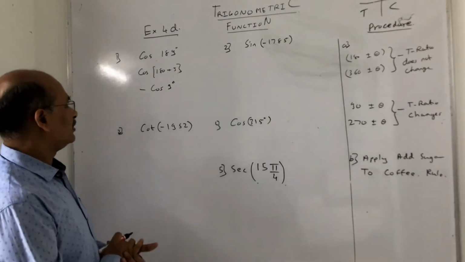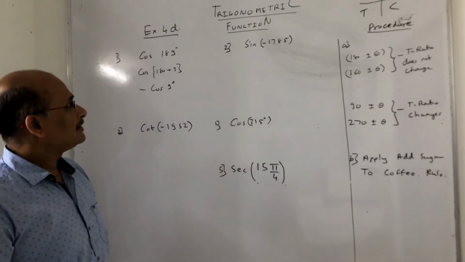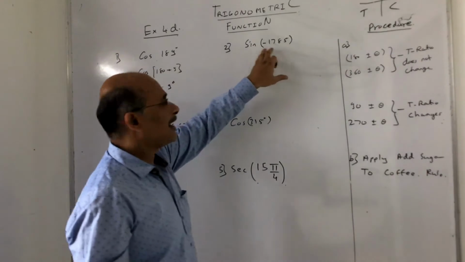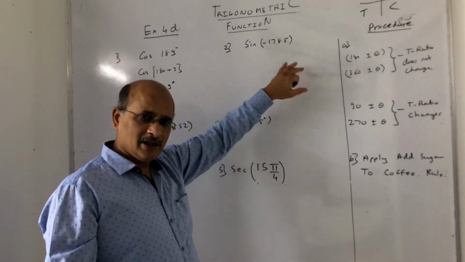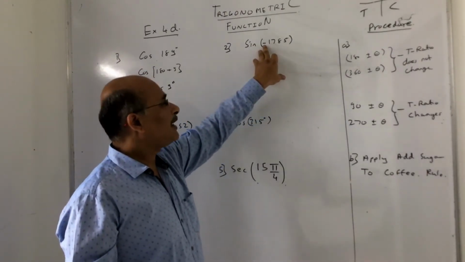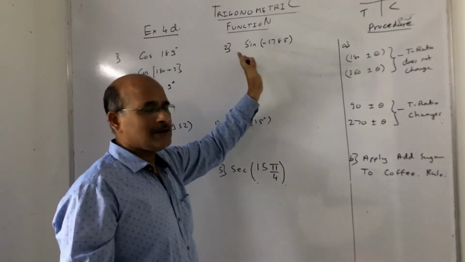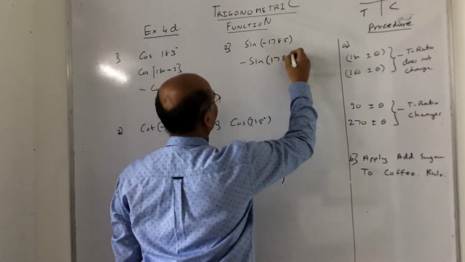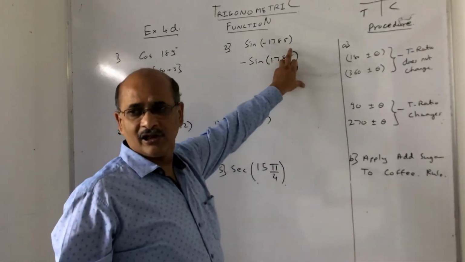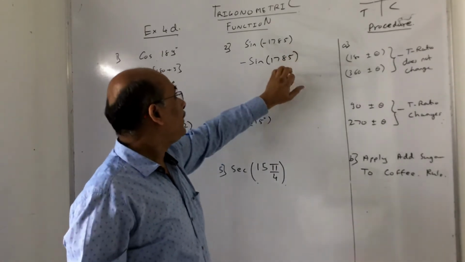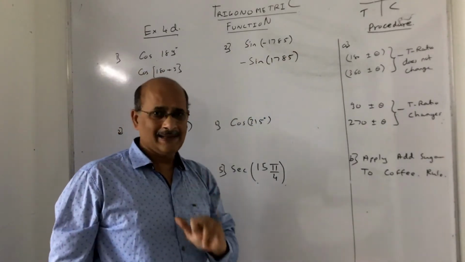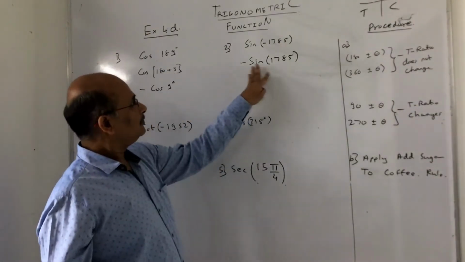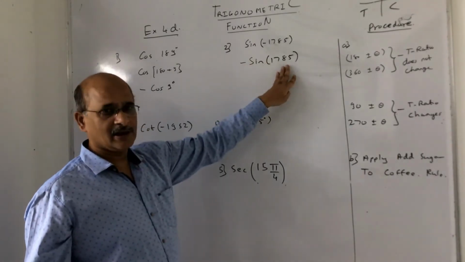This is something very interesting coming up. Let us take the next one, sine of minus 1785. I had briefed you before that whenever it is sine of minus theta, or tan of any minus angle, this minus can be taken out. But only for cos and sec it stays positive. So sine of minus theta I take out, minus sine of 1785. As I said, sine of minus theta becomes minus sine theta, right?